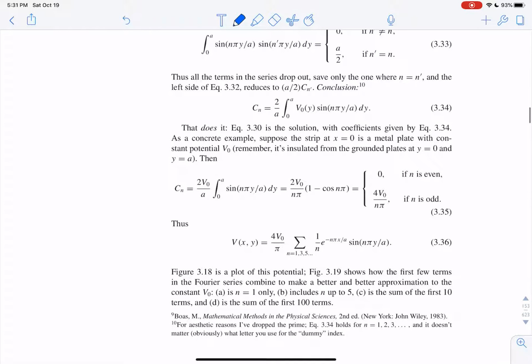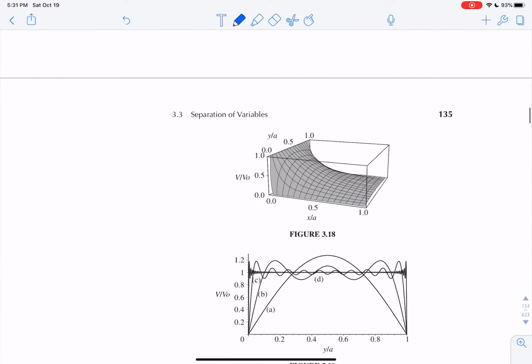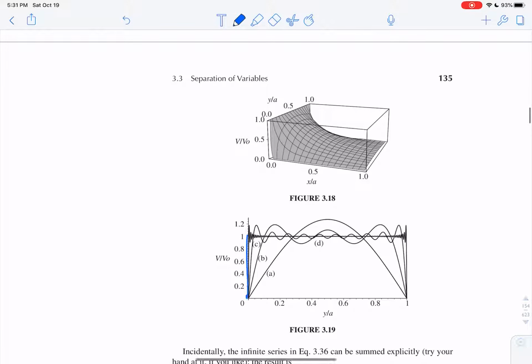and then we get that c sub n is this integral, and then it turns out that if n is even, you get 0 because, well, you get cosine there. But if n is odd, then you get 4v0 over n pi. Then you get this mess, okay, and there's our potential. It's 4v naught over pi times the infinite sum of odd n's, and you keep adding them up, you get closer and closer and closer to the true potential, okay? Hilarious, right? So there's the true potential,